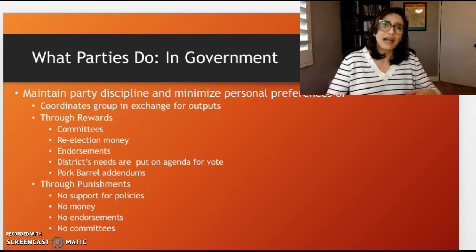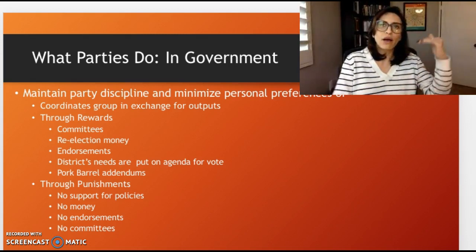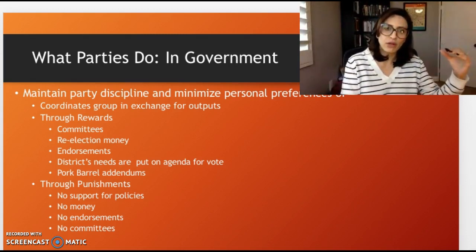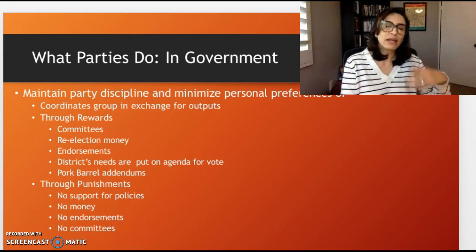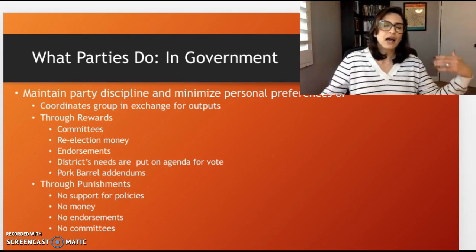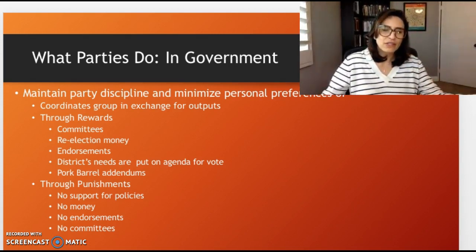The punishment is exactly the opposite of that. Any Congress member who votes their conscience or their district's need over and above the collective need of the political party will be punished by not getting supported on their policies, or their bills won't get to the floor, or they won't get money for re-election campaigns. They won't get endorsements by big leaders within the party, and they won't get placed on committees within